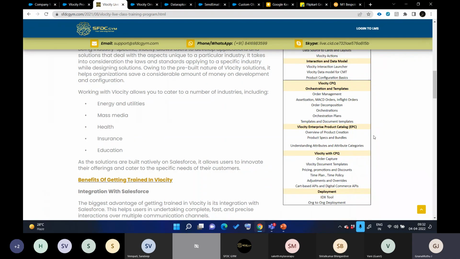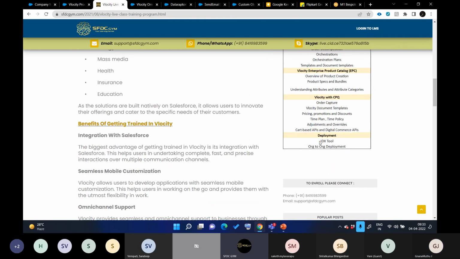I have one question. Coming to the Git deployment, do we have any documentation for that? Git deployment, I don't have a document, but I will create one. But here we will more rely on IDX tools. Your IDX will give you what you need to commit to your branch.